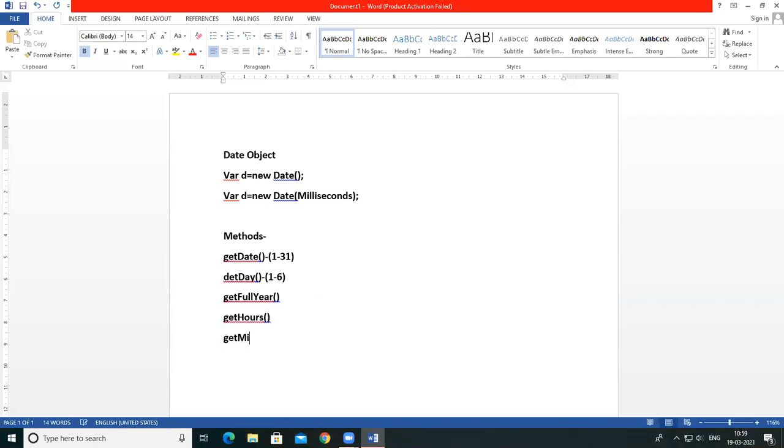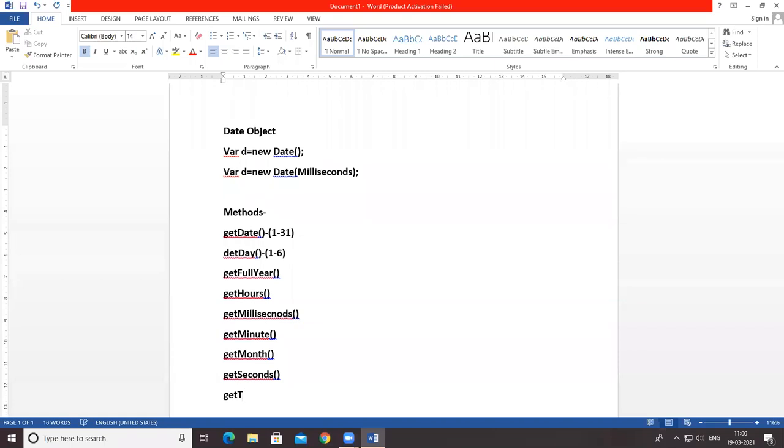Then getMilliseconds. Then getMinutes. Then getMonth. Then getSeconds. Then getTime; by using this, it returns the number of milliseconds since midnight.